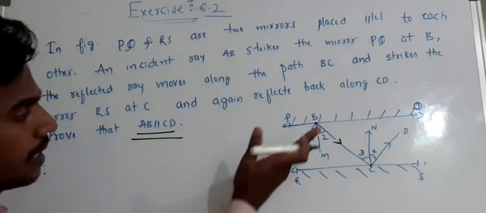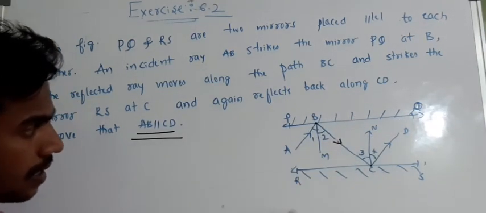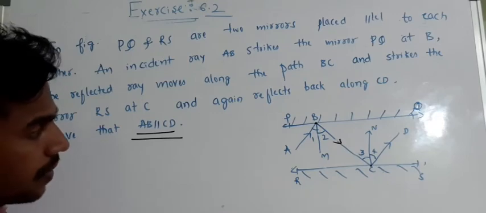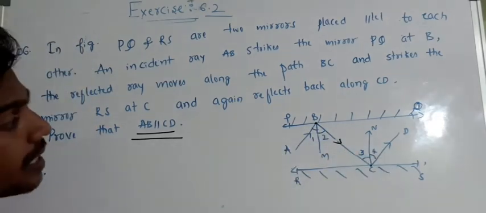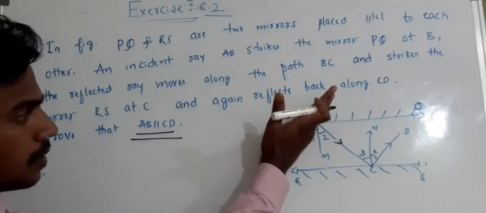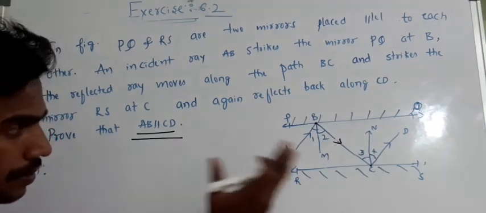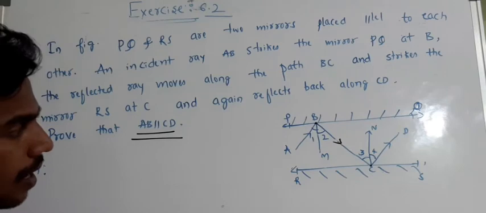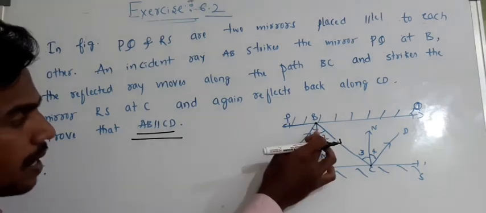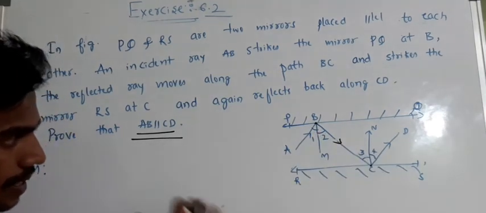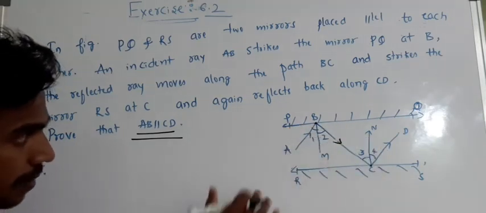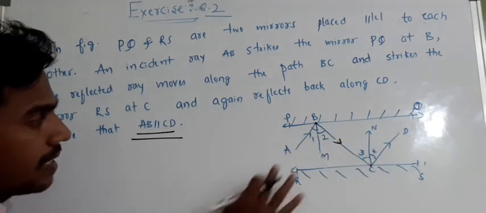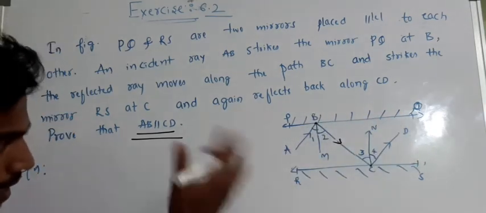In that case, these are the two lines and BC will act as the transversal, so these will act as the alternate interior angles. This is one line, this is the other line. This will be one angle, this will be the other angle, alternate interior angles for these two lines. If they are equal, directly I can say that AB is parallel to CD. That only I am going to do.